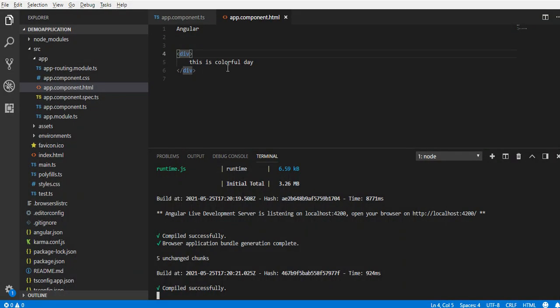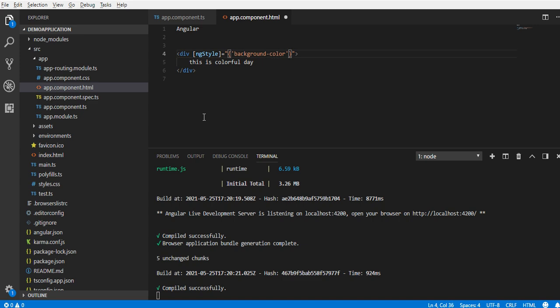Now in case we would like to change the background of this text, how can we do it using ngStyle? Square brackets and ngStyle, this is the syntax, and then double quotes, curly bracket, and type background-color, and this will be under single quotes as in JSON format.